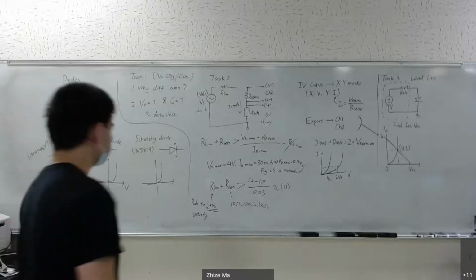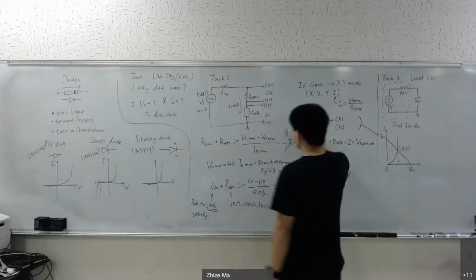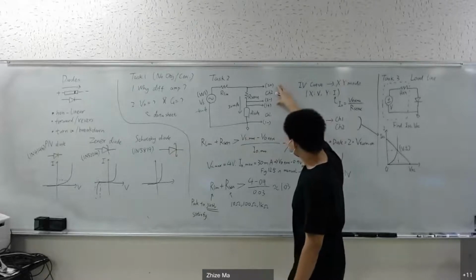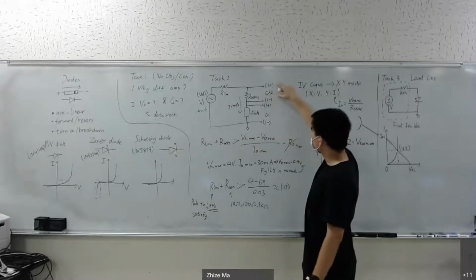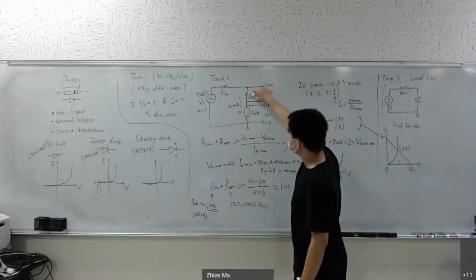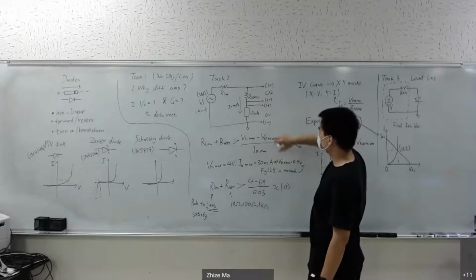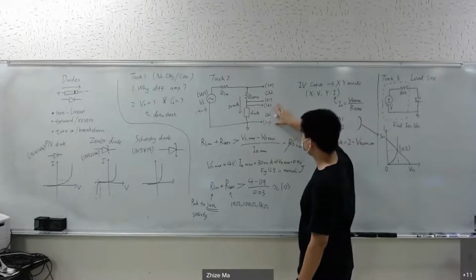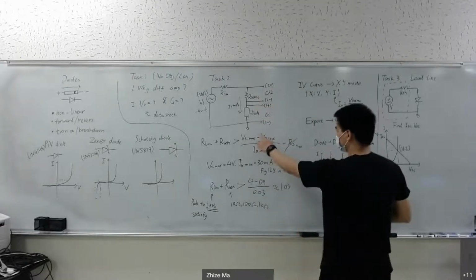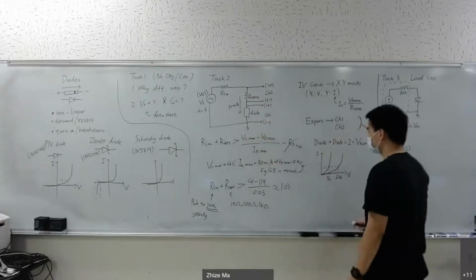Okay, so after you get the R limit and R sense, you can build the circuit. You can use channel 2 to measure the R sense, so 2 plus and 2 minus across the sense resistor. And then you can use channel 1 to measure the voltage across the diode. And don't forget to put the ground in. All right,